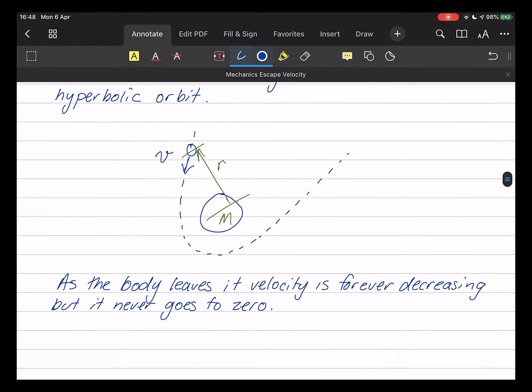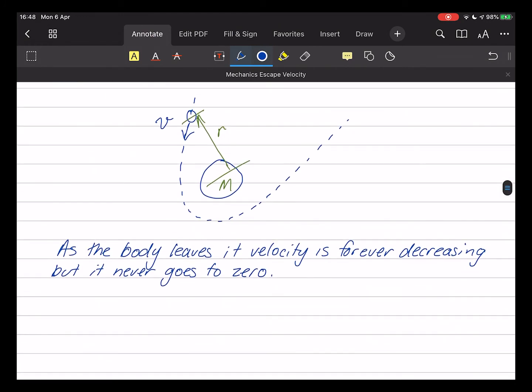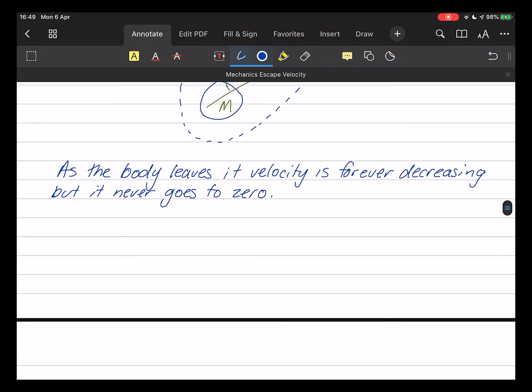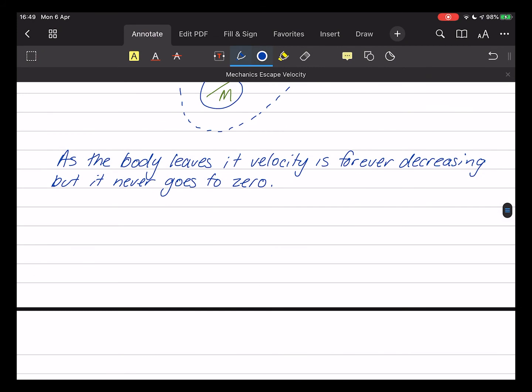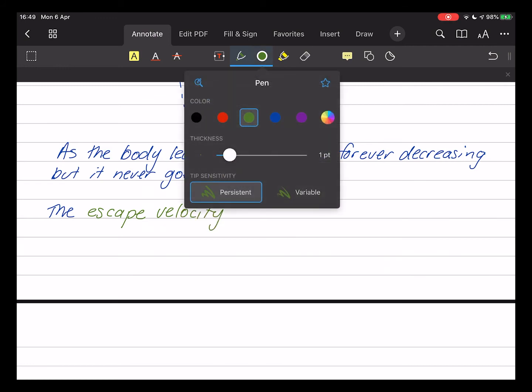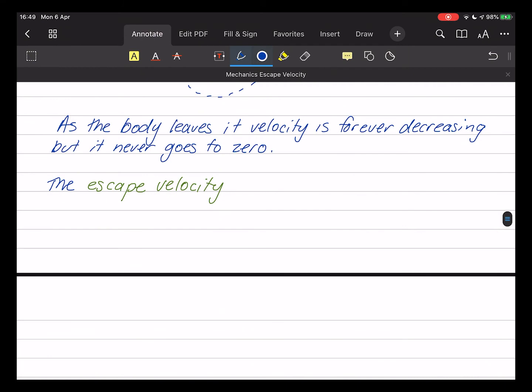If this is true, it'd be nice to find out what that threshold velocity in fact is for any particular distance. So this is what we call the escape velocity. It's the key term. The escape velocity is